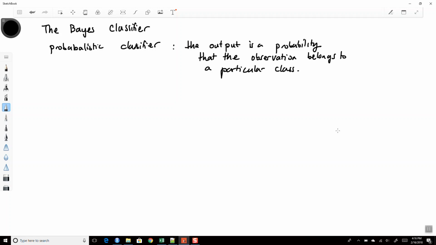Okay, so logistic regression is a probabilistic classifier. So that counts. And so we might just say the output is going to be the probability